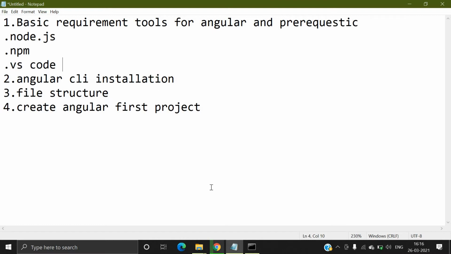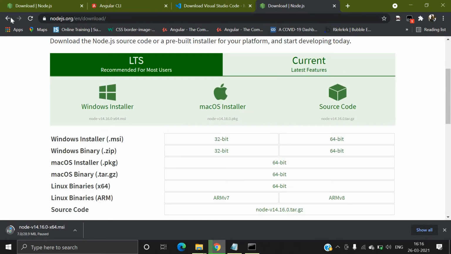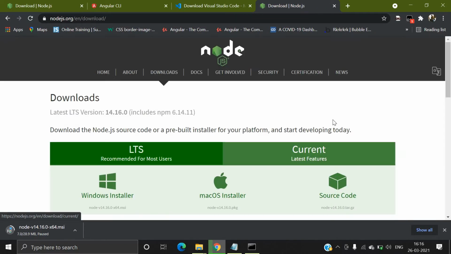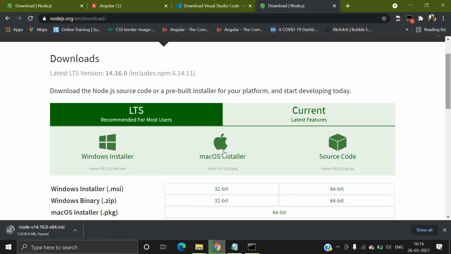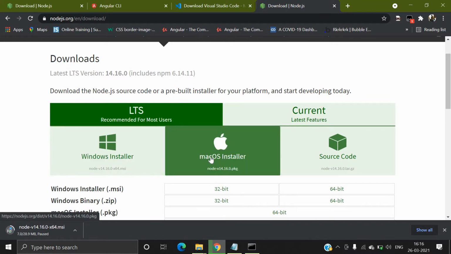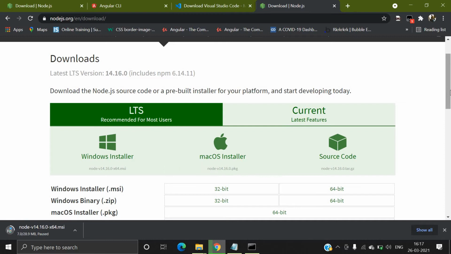So let's start with how to install Node.js. We will search for Node.js download. Here you can see download Node.js, and you can install from here. If you have a Windows operating system or a Mac operating system, you can choose and download.